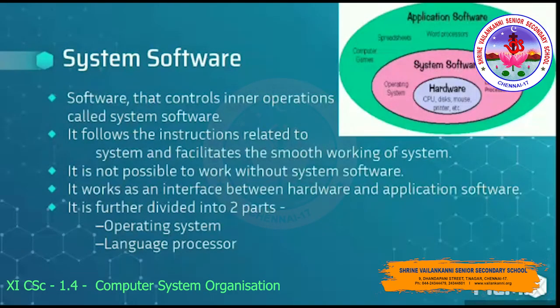Now about system software. A computer is a mere machine that knows nothing of itself. Rather, it requires instructions for each and everything it performs. These instructions are provided to it through software. The software that controls internal computer operations is known as the system software. So what are the internal computer operations? Reading data from the input devices, transmitting processed information to the output, checking system components, converting data or instructions to the computer understandable form. These are the operations of the system software.